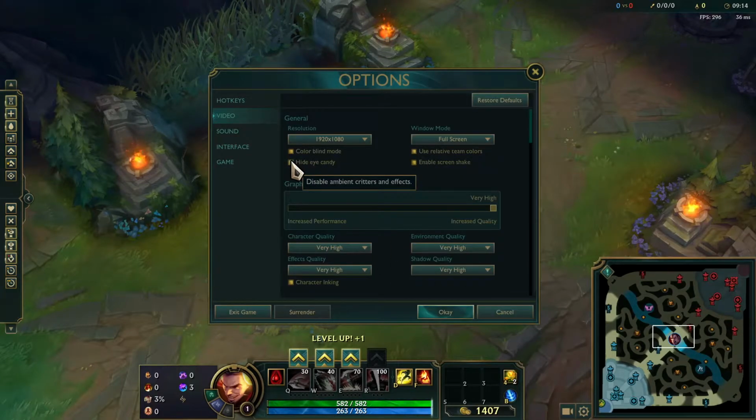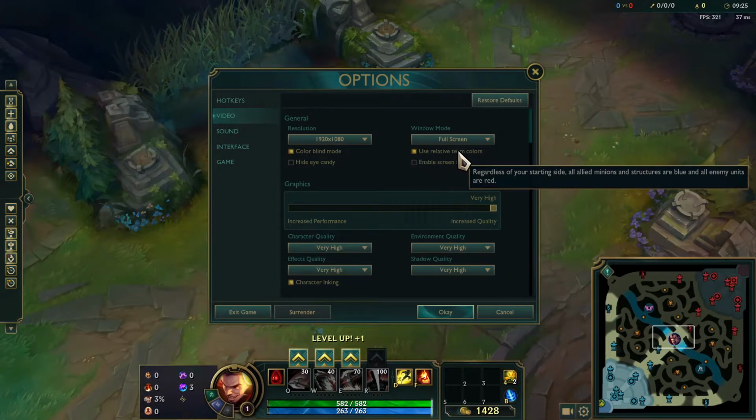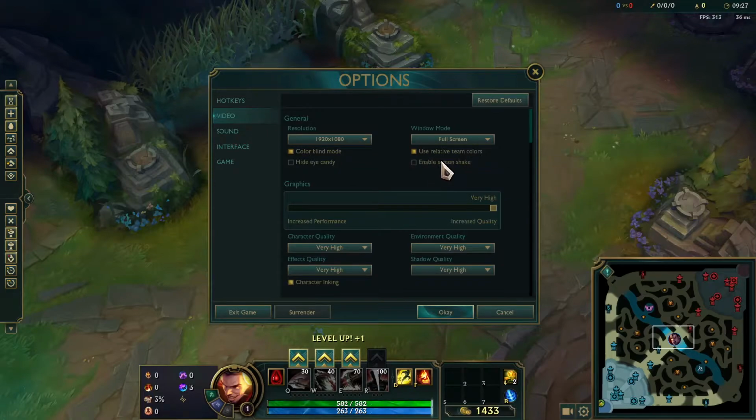Hide eye candy if you're on a medium or low end. This is something to remove particle effects to boost performance. Use relative team colors, as well as enable screen shake. This one is preferential. And then over here, screen shake, again, turn that off if you have a medium or